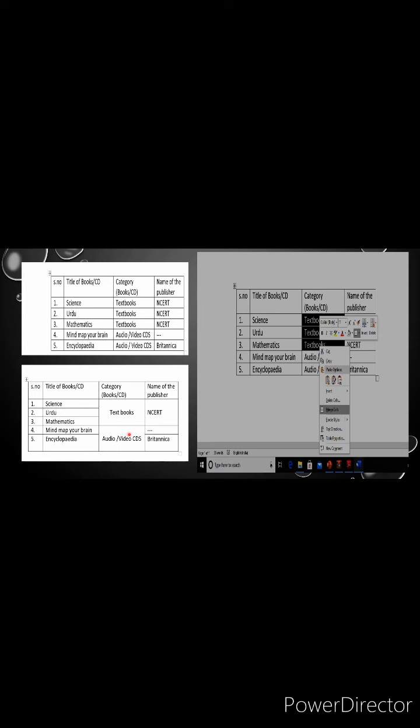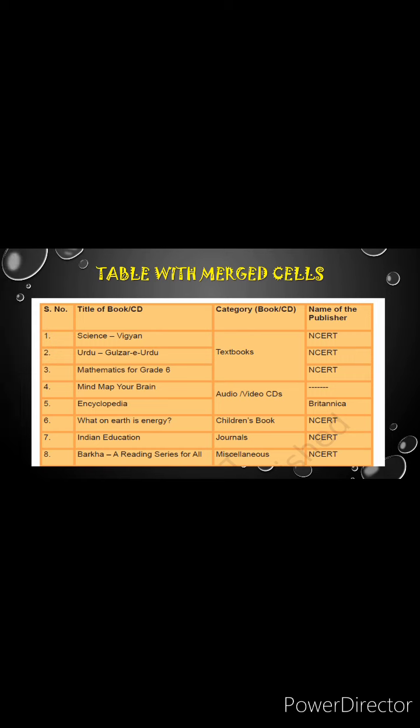Like this, NCERT also merged the cells. Here the cells are merged, the textbooks and audio video series. You can see in this table that both the textbooks and audio video series cells are merged using the Merge Cell option. Okay, the next one,